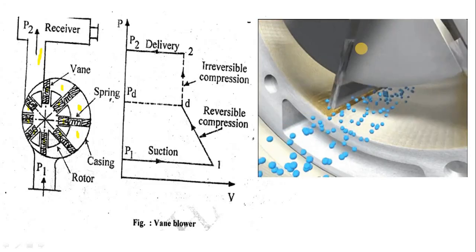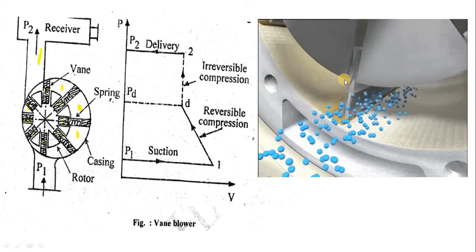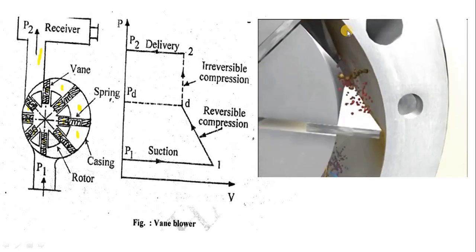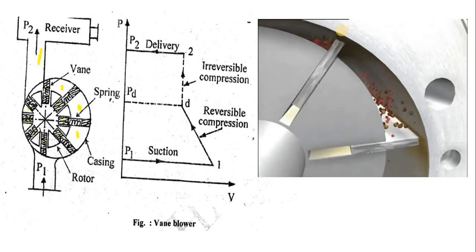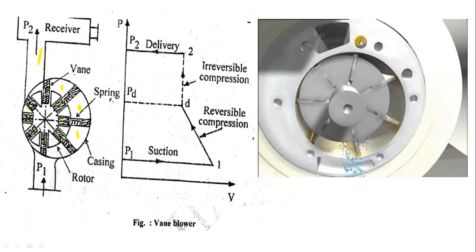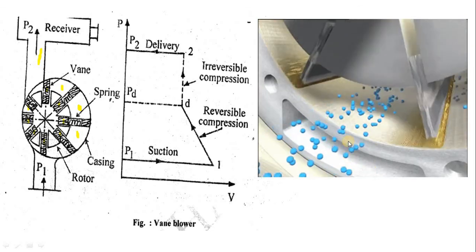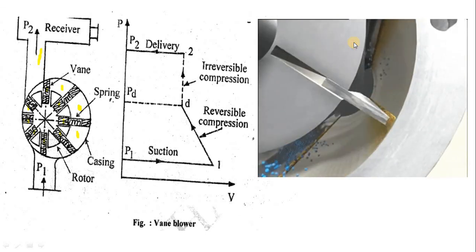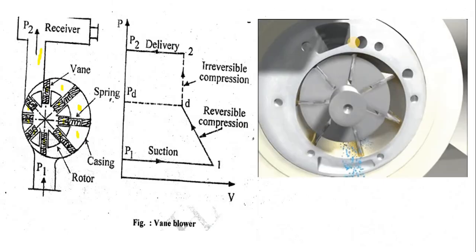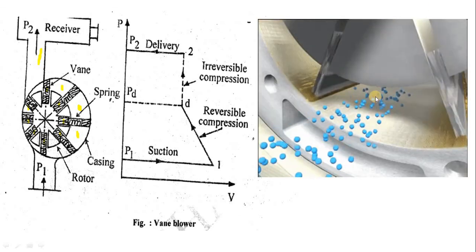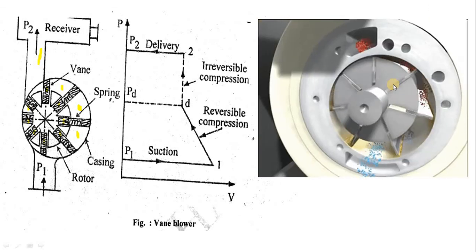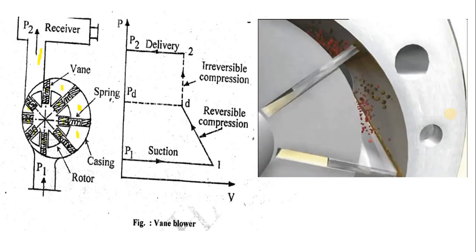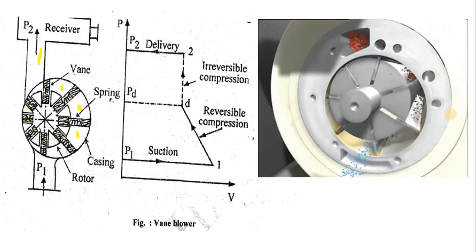See once again, air is trapped in between the rotor and casing, and finally high pressurized air moves out. It is shown by the red portion. The blue portion indicates the low pressure atmospheric air coming in, and the red portion indicates the high pressure air moving out. See the eccentric rotor again. These are the slots where the spring loaded vanes are there for compression and expansion of the spring loaded vanes.